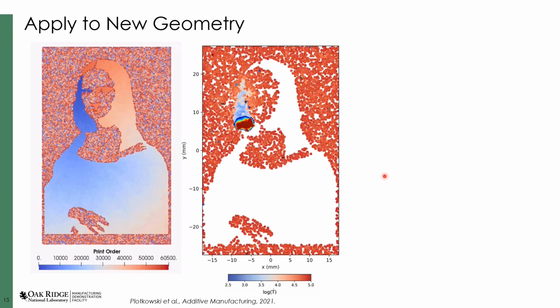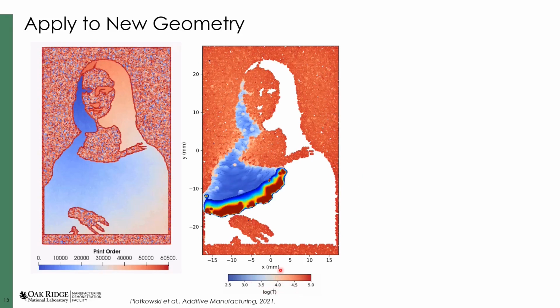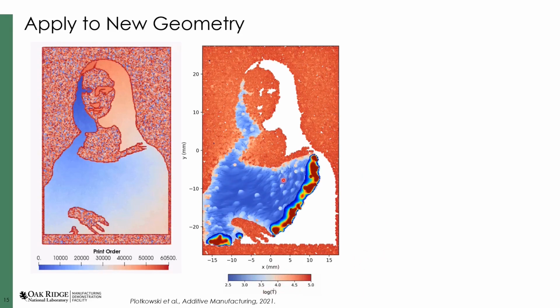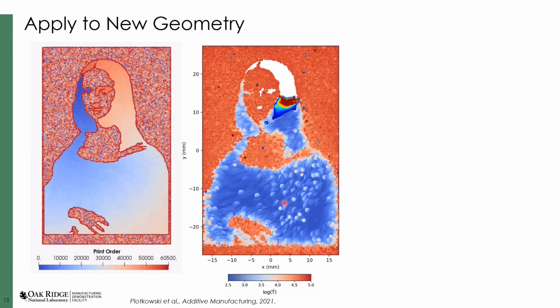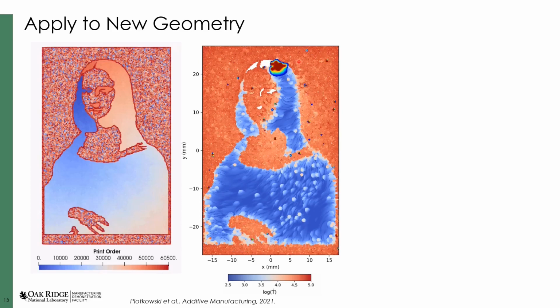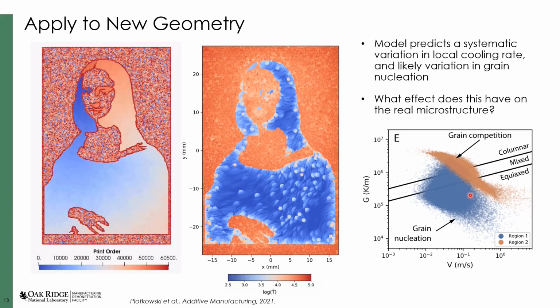And if I perform the thermal simulation, here I'm showing the solidification cooling rate, which is just the gradient times the velocity. And you can see that we're getting a very significant difference, with a very low cooling rate internally and a much higher cooling rate around the borders of the geometry. If I extract what the gradient and velocity are, you see that we do get a systematic variation in the competition between existing columnar dendrites versus nucleation of new equiax grains,